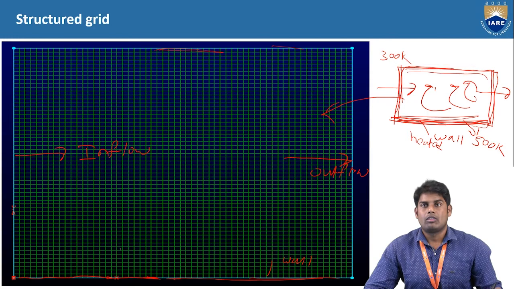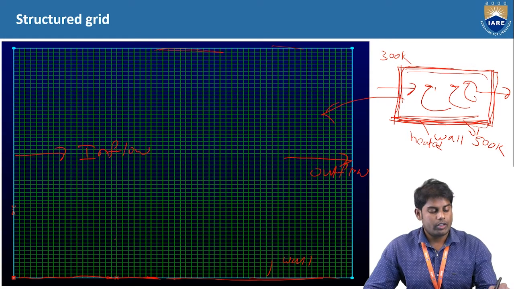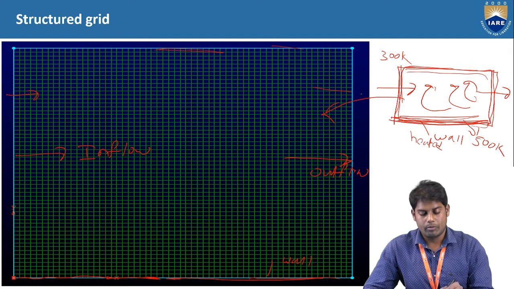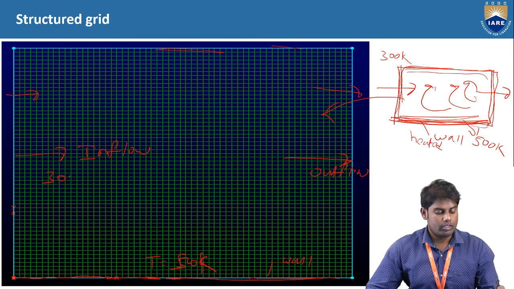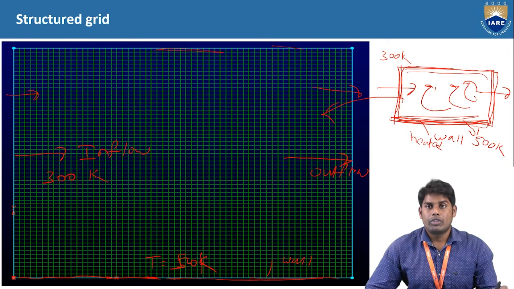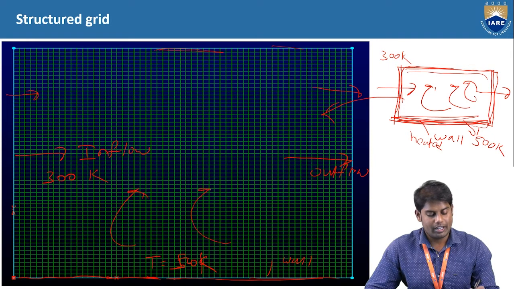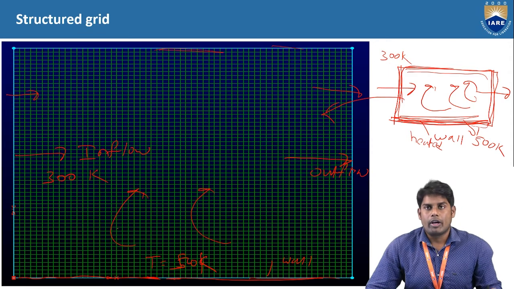Air will be moving from high pressure to lower pressure. The temperature of the plate, let's say we have taken as 500 Kelvin, and the temperature of the air is like 300 Kelvin. Due to the difference in temperature, there will be a convective motion happening from the plate. There is a rise in fluid. These things are to be captured actually.